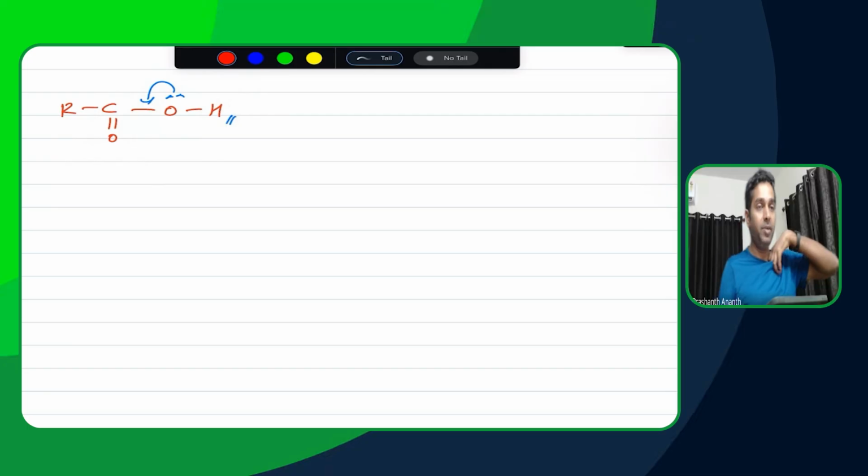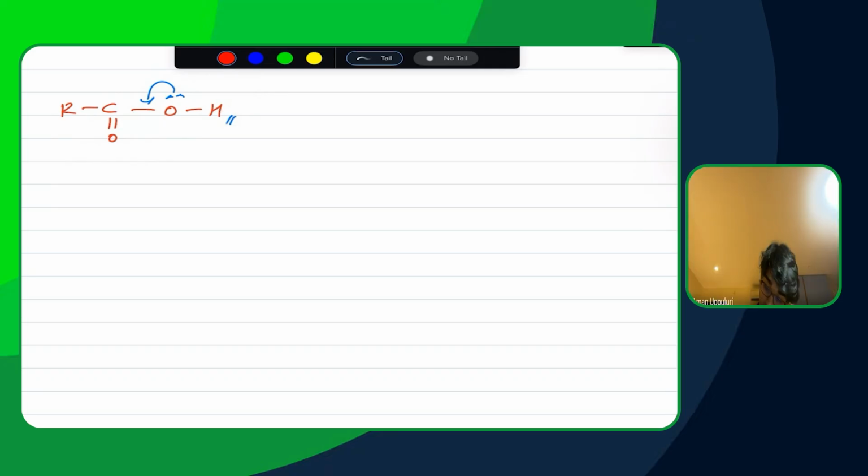If you do a direct acid-base reaction, it will not be reacting with it. Okay. Like, for example, if you had